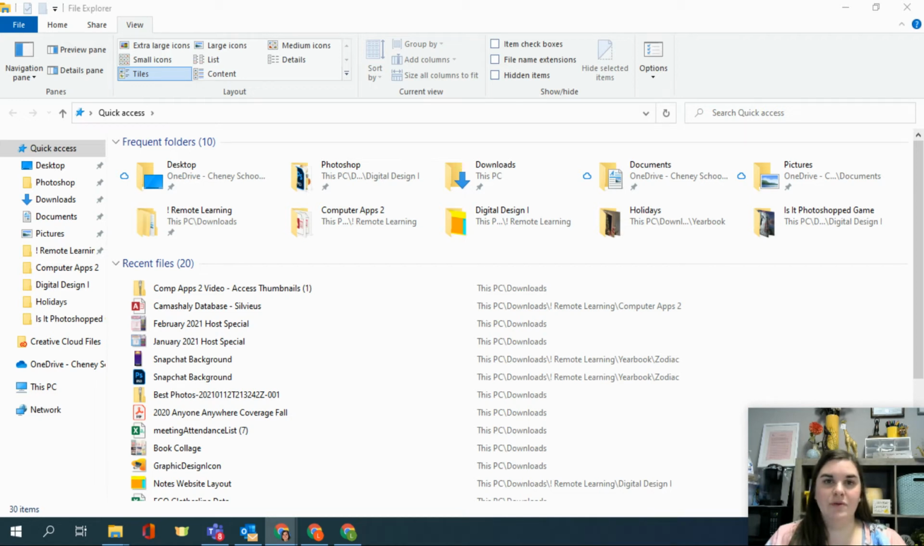Now that we have a Notes website layout, we're going to learn how to transfer off of CodePen and onto actual files on our computer and create a full website that all links together. What's really important to know is that we need to be organized and we need to know where our